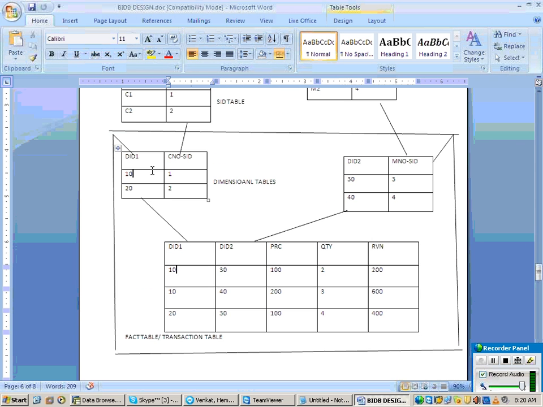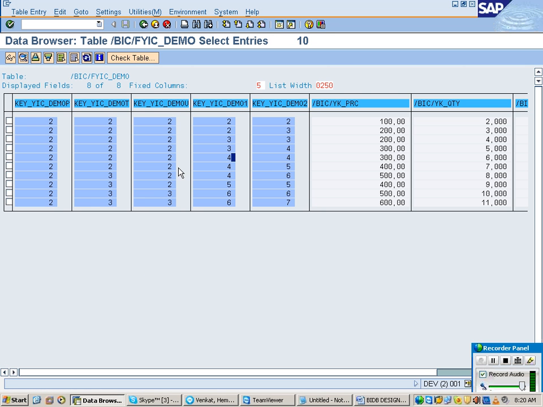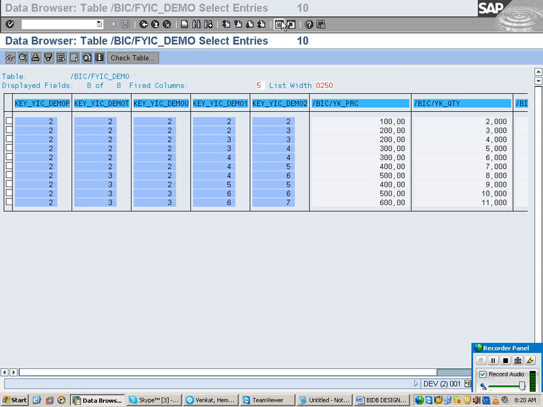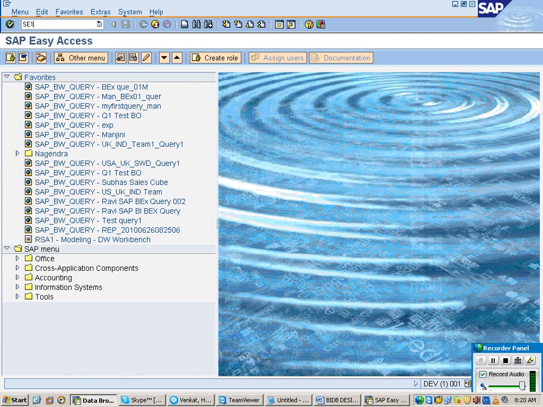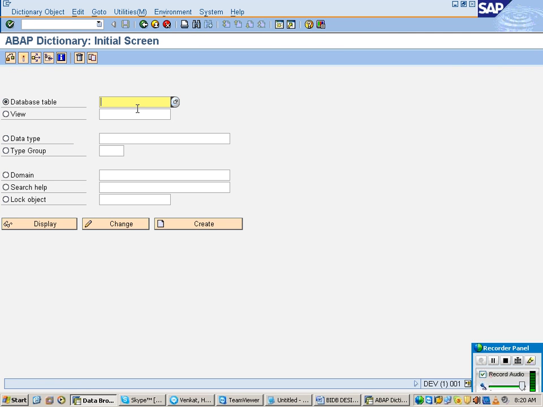Let us say I am catching my dimension ID and we are moving into my dimension table. So for this dimension ID, what value can I catch? SID table. So now, same way, this is my cube. So what I'm doing now, I'm going and looking at my D, which is your dimension table.